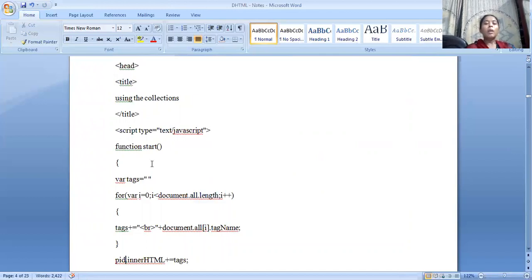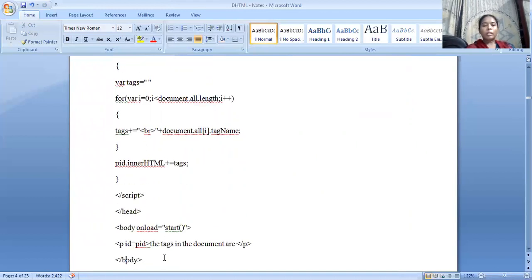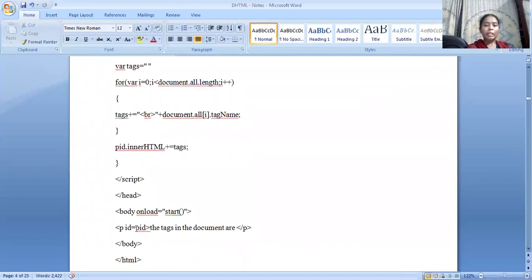So here, my attribute ID is equal to PID. Whenever the body loads on a particular page, a function start should be called.